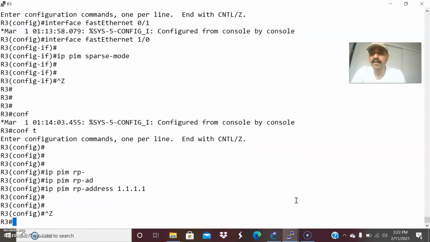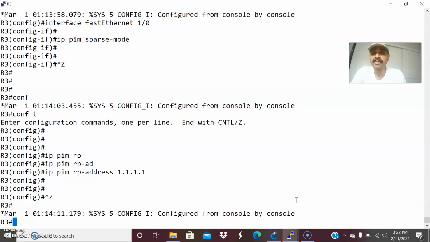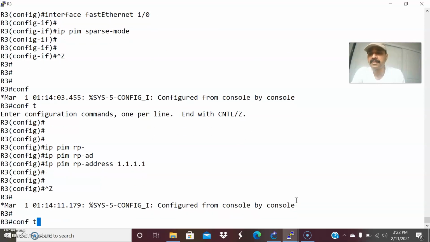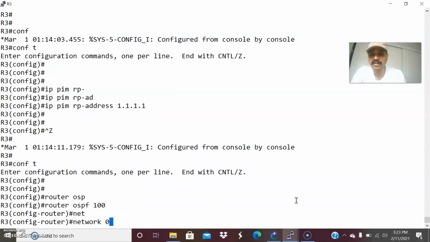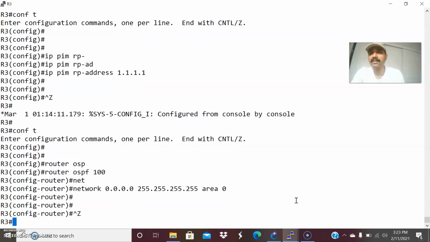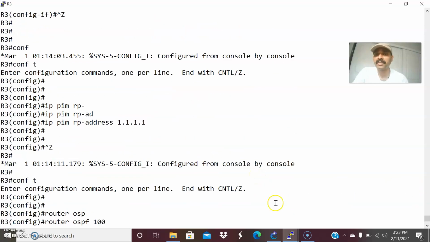That is R1. R1 is elected as the RP, the rendezvous point. Then let us define the protocol. Router OSPF 100, network 0.0.0.0 255.255.255.255 area 0. Right? So we are done with the configuration in R3.